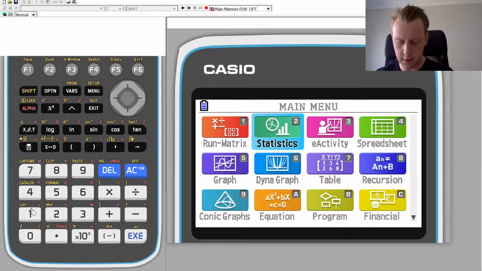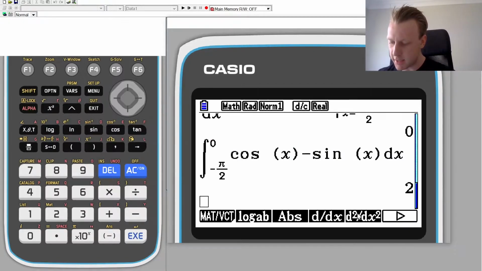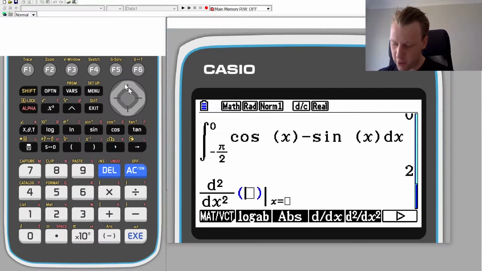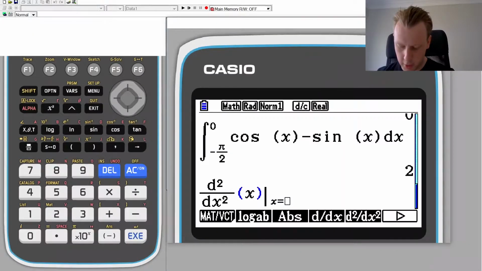We go out of here, go into the run matrix, math, d/dx squared for second derivative. So that is F5, put in your function, and just pretend that t is equal to x. So we had x, and what do we have here? Log base 3 of 2x squared. Here you've got log AB. You can chuck in whatever base you want there. So log with a base of 3,